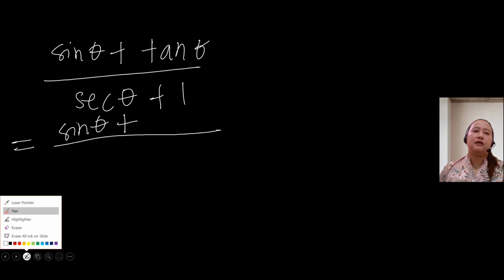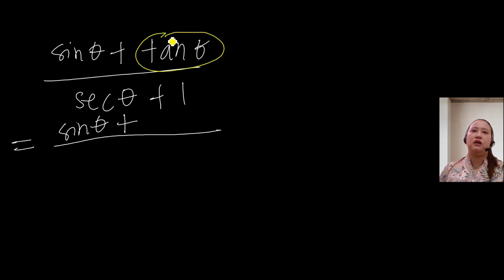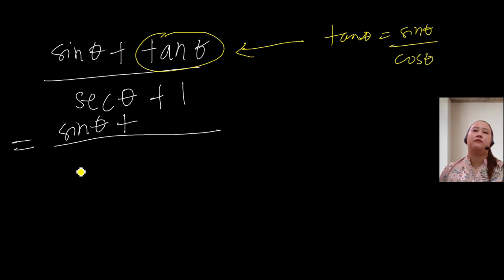So remember that for tangent theta, we have here the quotient identity. Tangent theta equals sine theta over cosine theta. So it means that tangent theta can be written as sine theta over cosine theta. So we're able to write it in terms of sine and cosine. And then the